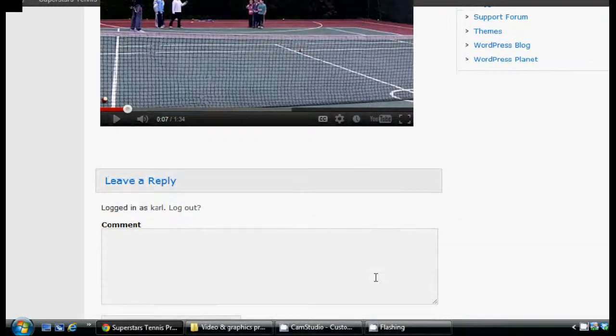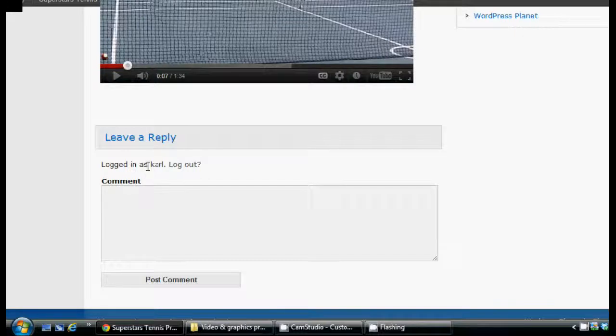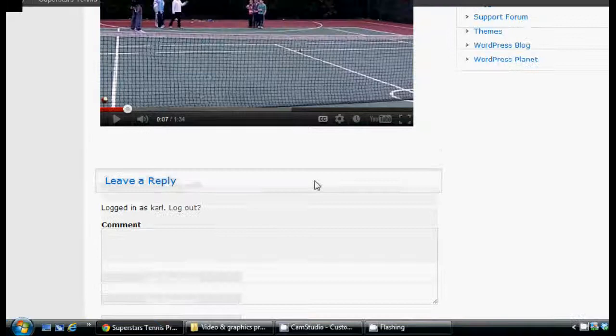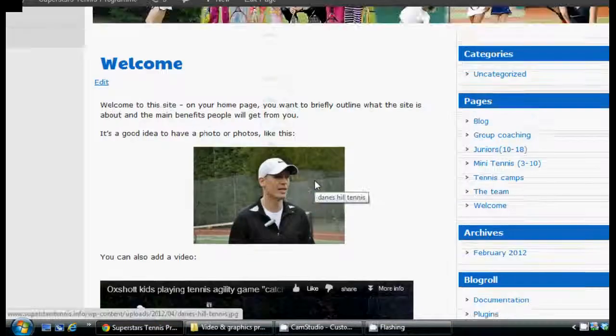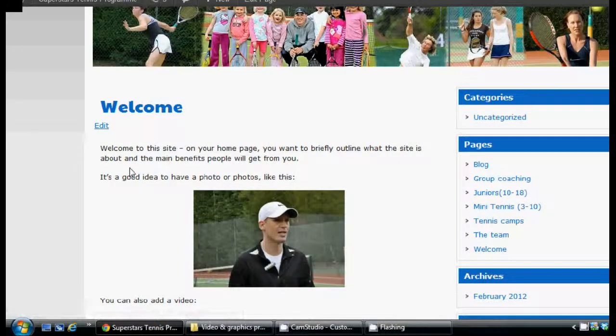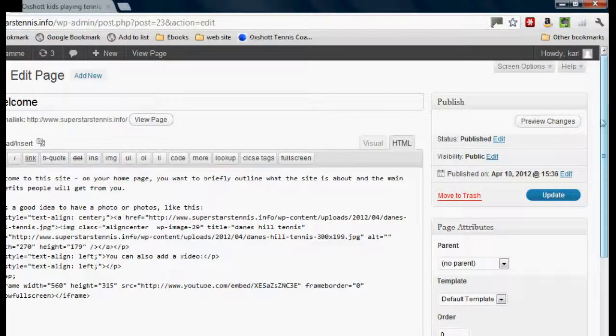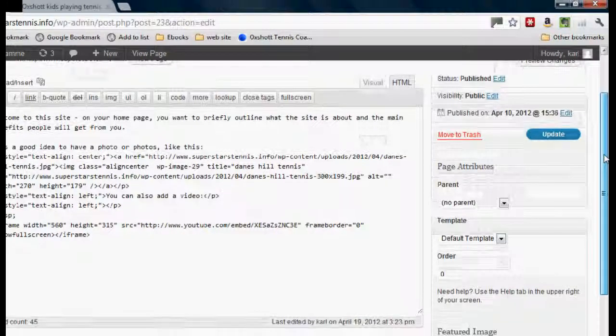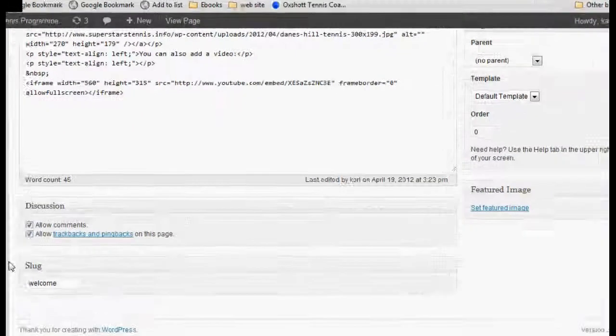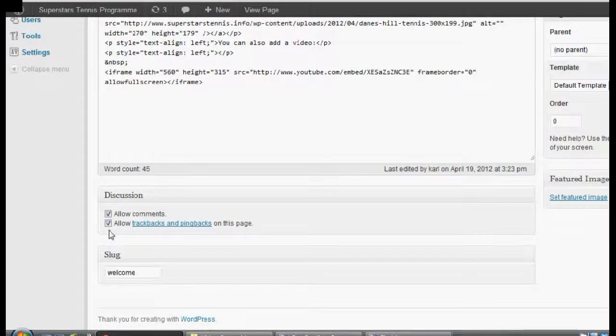Another thing that I want to change is down here you can see there's an area to leave a comment, which is great on blog posts and articles and that kind of thing, but not very good on a static page. Particularly I think on the welcome page it's not ideal. So let's go back into edit that page, and if we scroll down a bit you'll see this discussion area, and there's a little box which says allow comments,